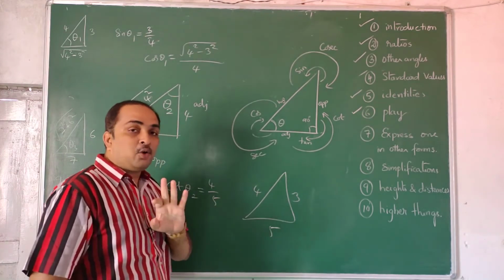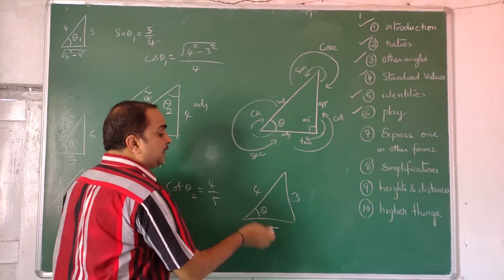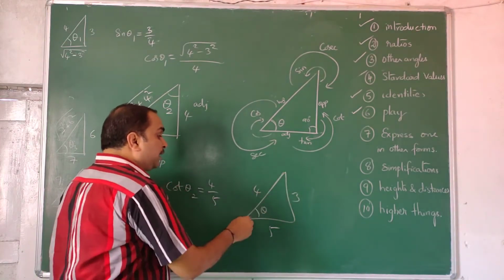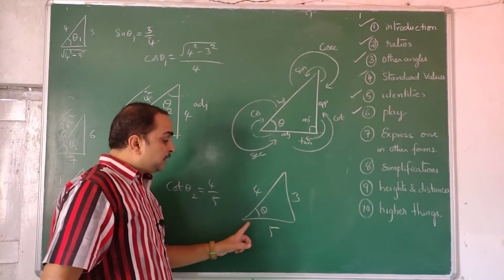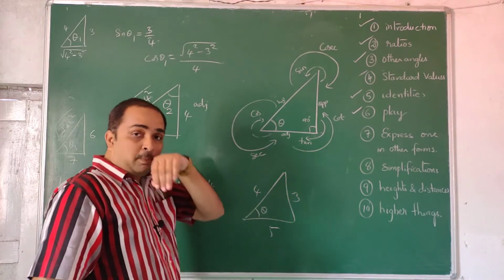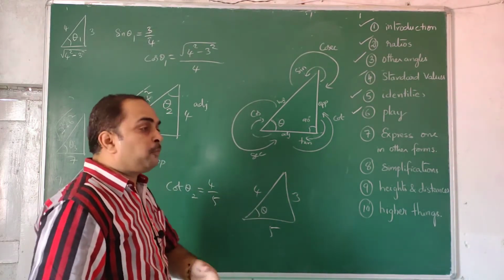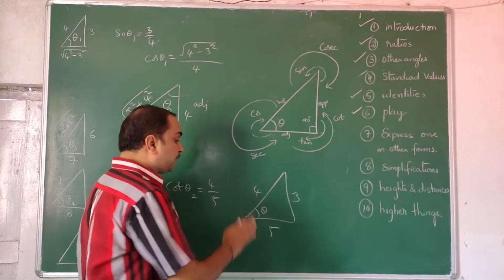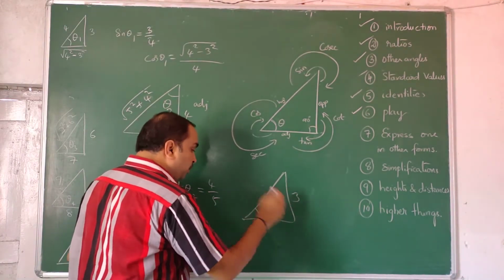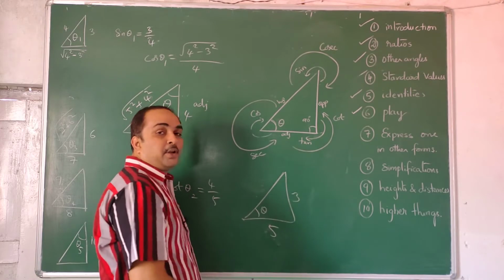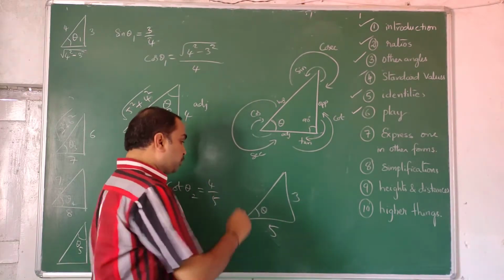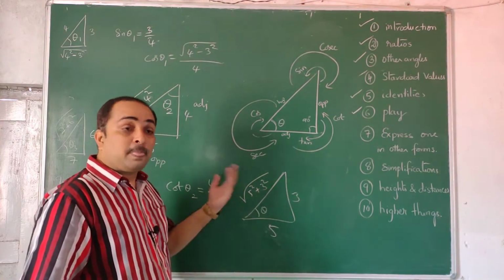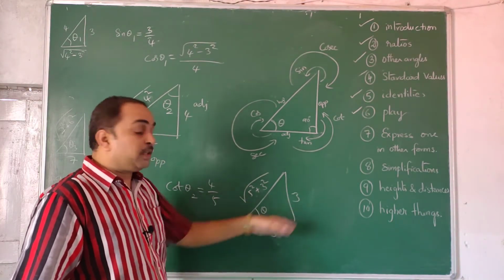See, you want theta, you want 3 sides. Obviously you have 3 sides. Then what is the problem? There is a problem. The longer length cannot be 4 when you have a shorter length which is 5. This is a conceptual mistake. Suppose I am framing a problem randomly and giving it to you. If I make this kind of silly mistake, it will not work. So if I want this to be 5 and this to be 3, then the hypotenuse should be under root of 5 square plus 3 square, which comes bigger than the other 2 sides.